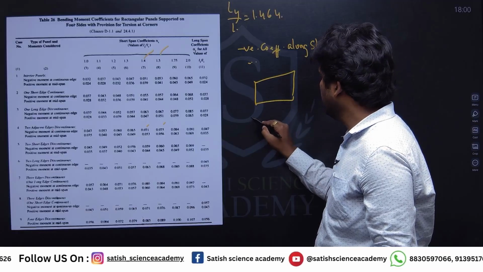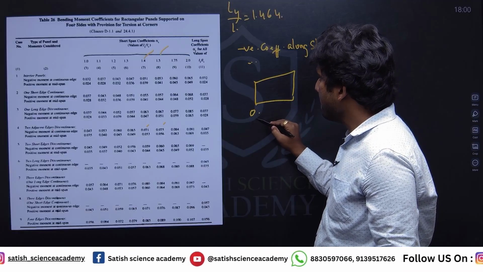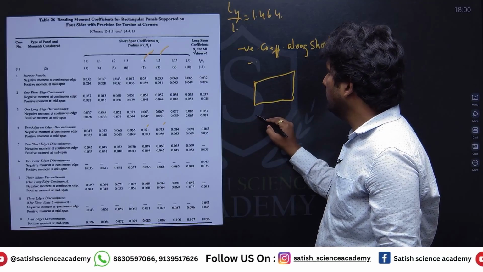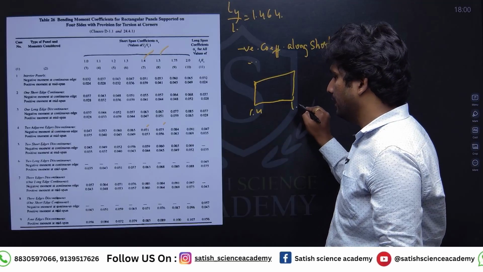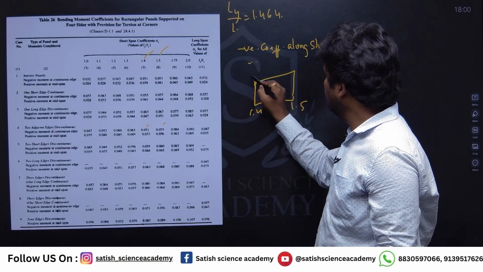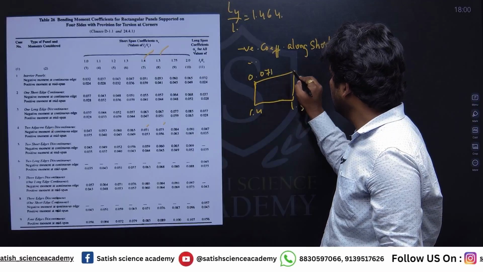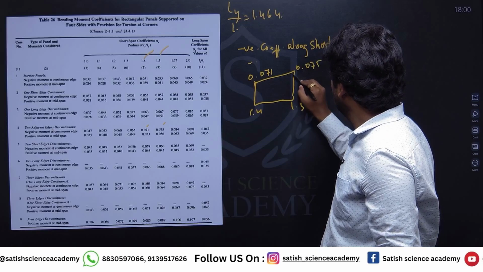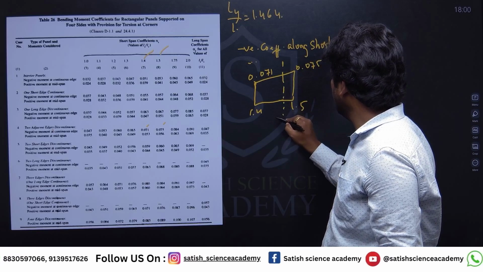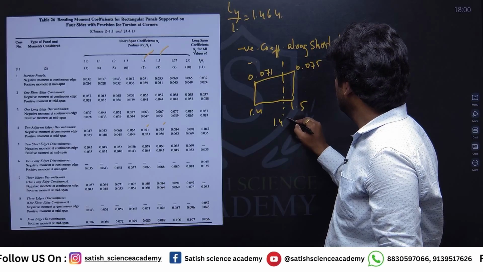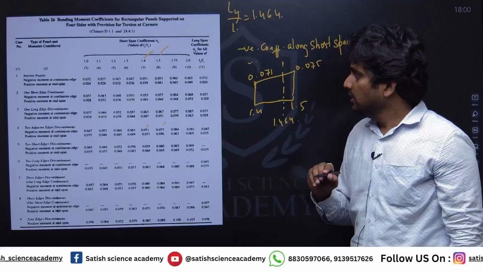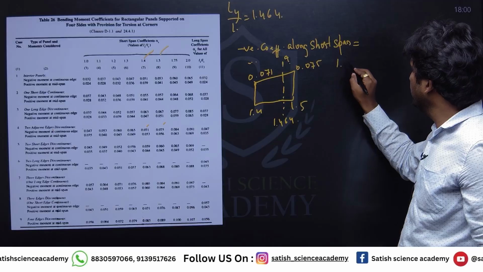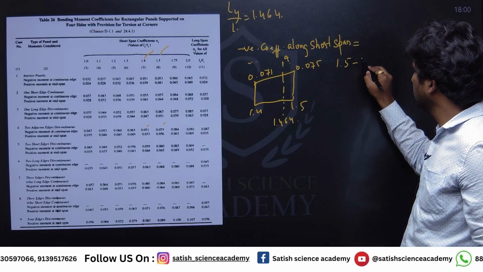The values are 1.4 and 1.5. So this value will be 0.071 and this value will be 0.075. So it is between these two, that is 1.464. Correct. So here we require this negative factor also, which we can evaluate by interpolating: